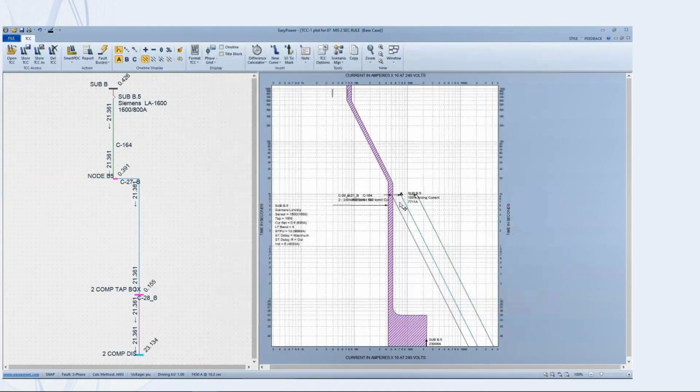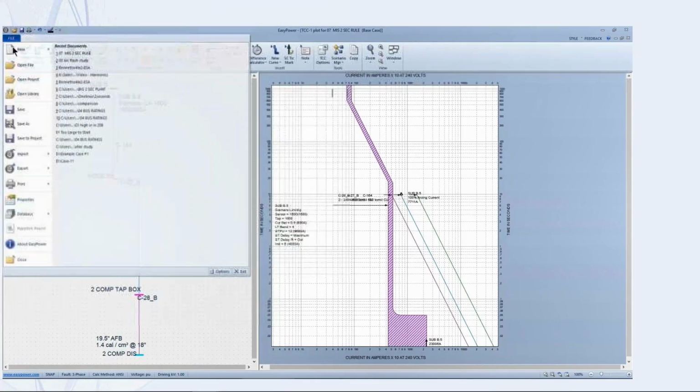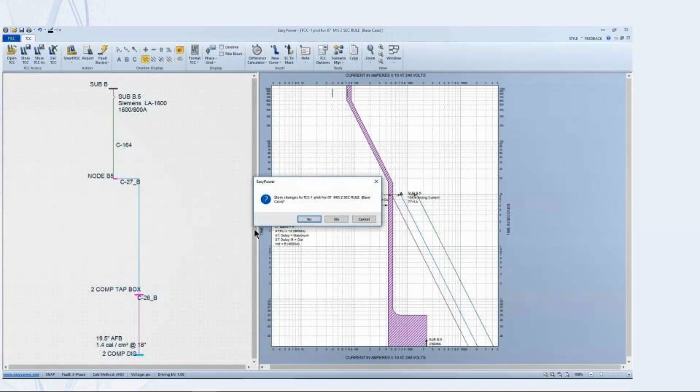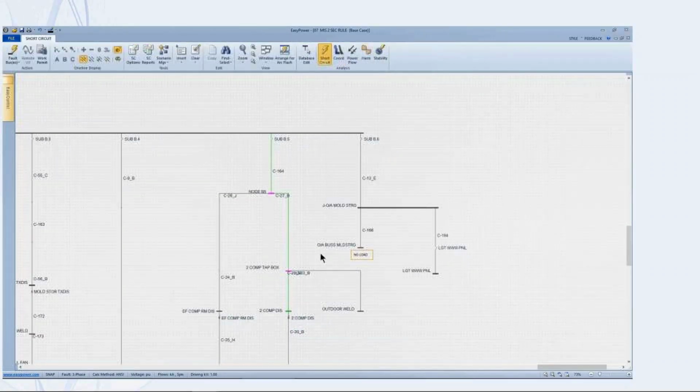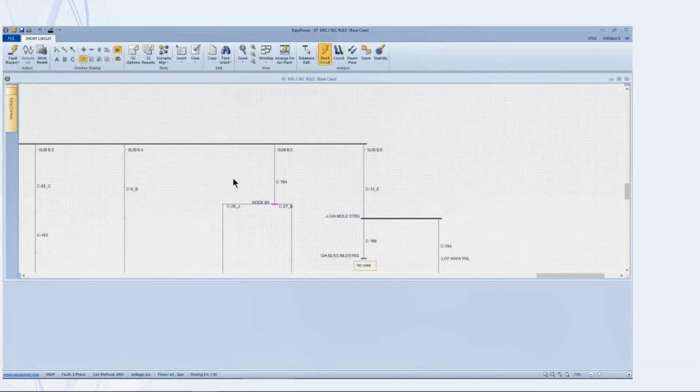So we still have the same arcing current, but now when I go over here and look at incident energy, I can see now my incident energy on this bus is down to 1.4 calories, which indicates a number of things. So if we go back to our display now with this setting on our protective device, we fault this bus and arrange for arc flash,